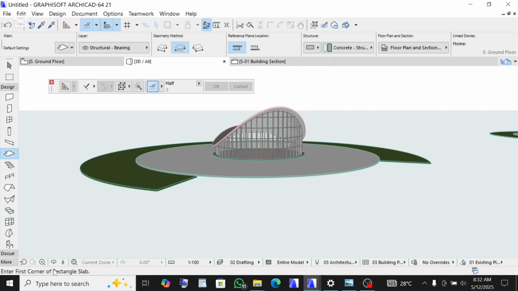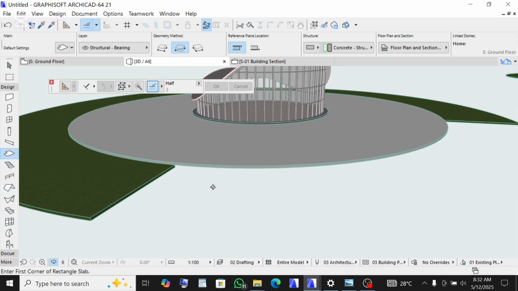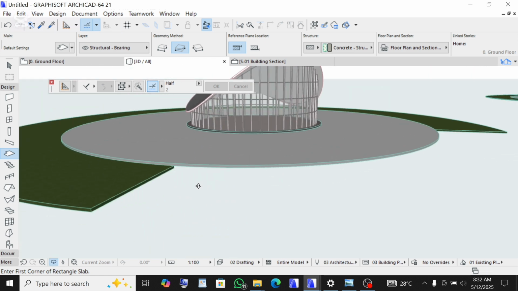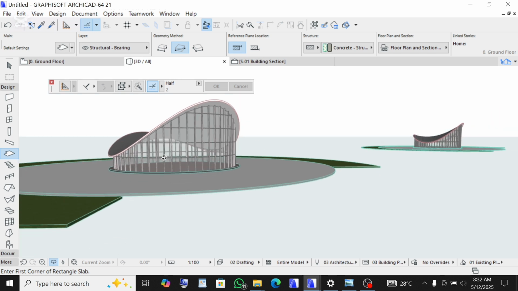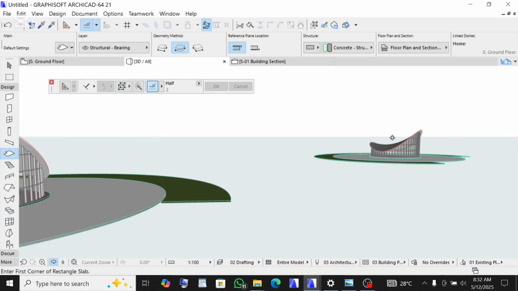Beautiful. You can see how it's looking. Okay, now there's another thing I want to show you about 3D. I want to show you how